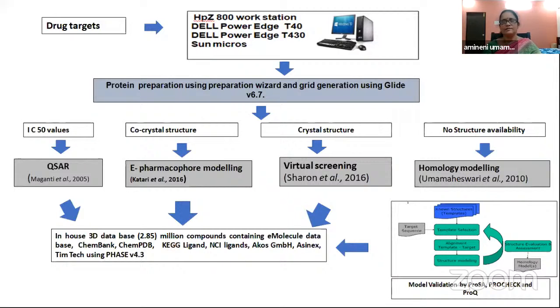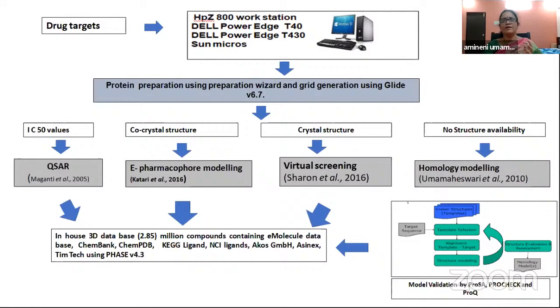Once the model is there, then we need to do the protein preparation. If the structure is available in the PDB database, we can directly download it and do the protein preparation with the protein preparation wizard in the Schrodinger software. Once we have the 3D structure, and once we know the active site, we can generate a grid on the active site. Why we are taking the active site: if we are taking a protein molecule, it is difficult to block that protein activity. If we are taking an enzyme, this enzyme will have an active site or allosteric site.